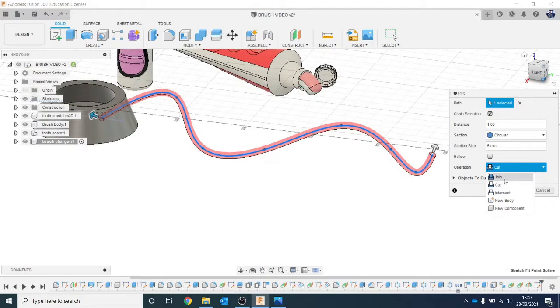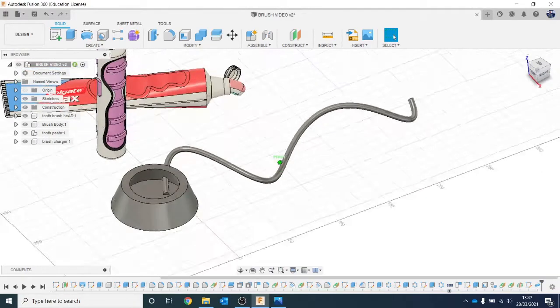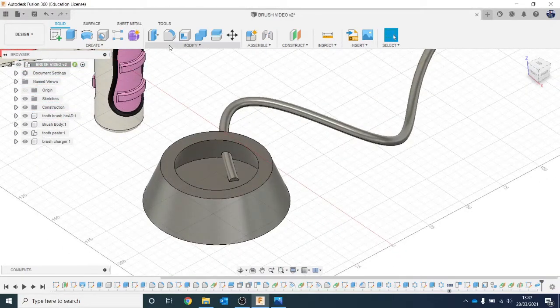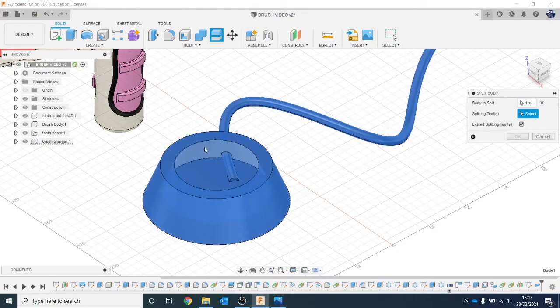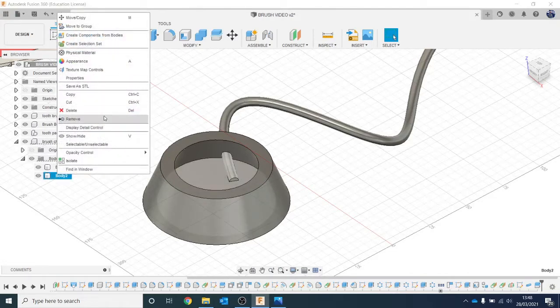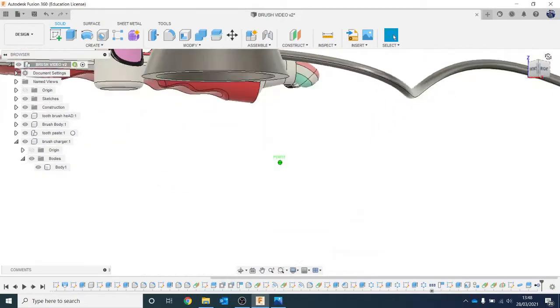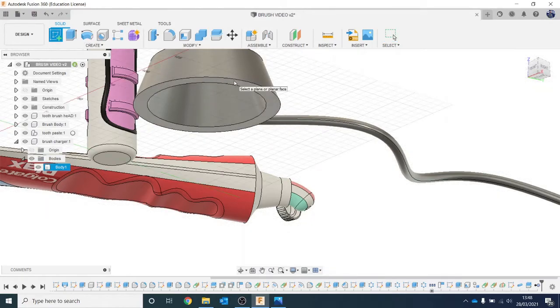Now we want that to join. Okay, so we see we've still got a bit of cable. Now we don't want this bit in here, so let's go to, in fact, yeah, we'll go to split body with that surface there. Okay, then what I can then do is find out which body that is. Let's go and edit and remove. And nice and easy, I can just